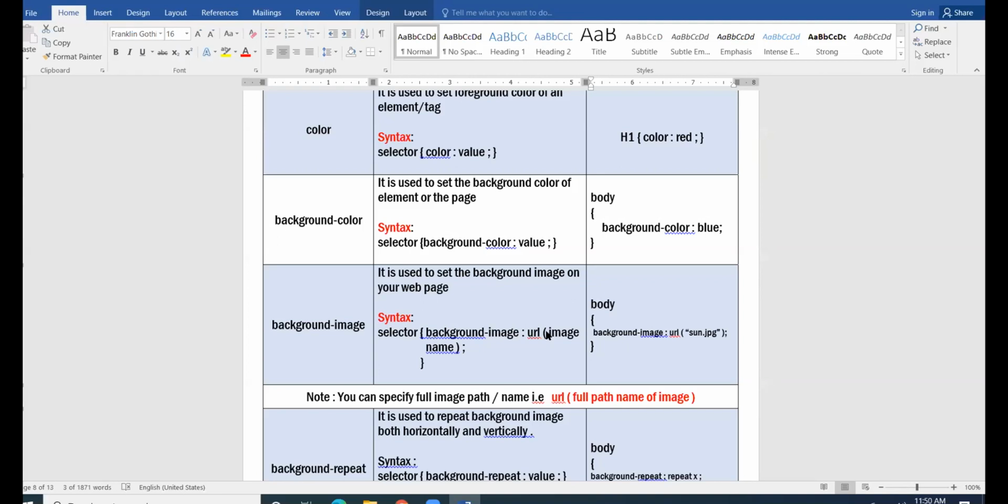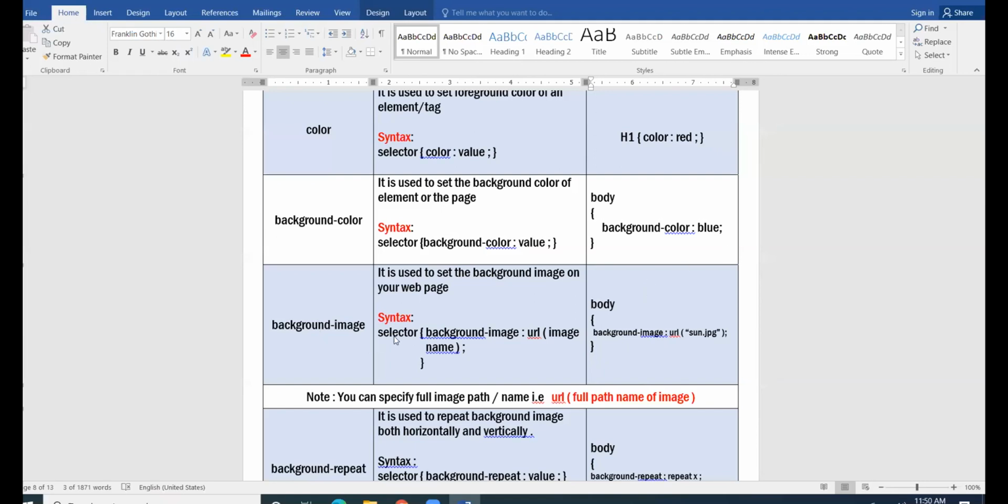Clear? Suppose your image name is sun.jpg and your image is lying in C drive or in D drive. So you will right click on the image, go to properties, copy paste the whole path and give the path over here in the bracket. That will insert the image in the background.